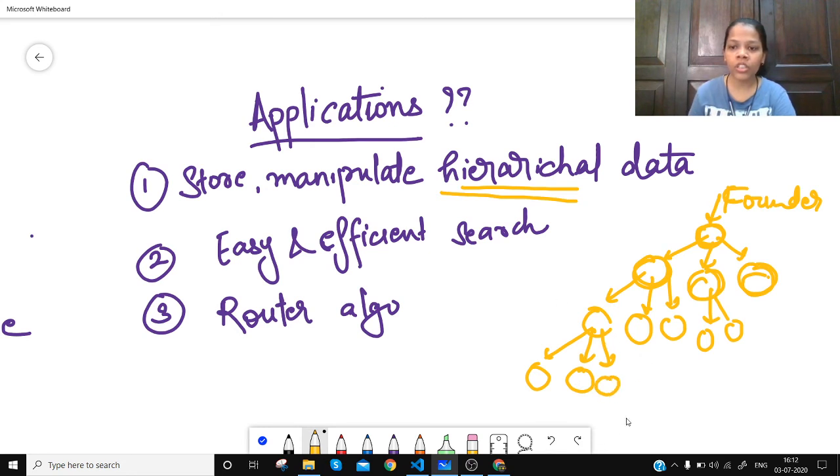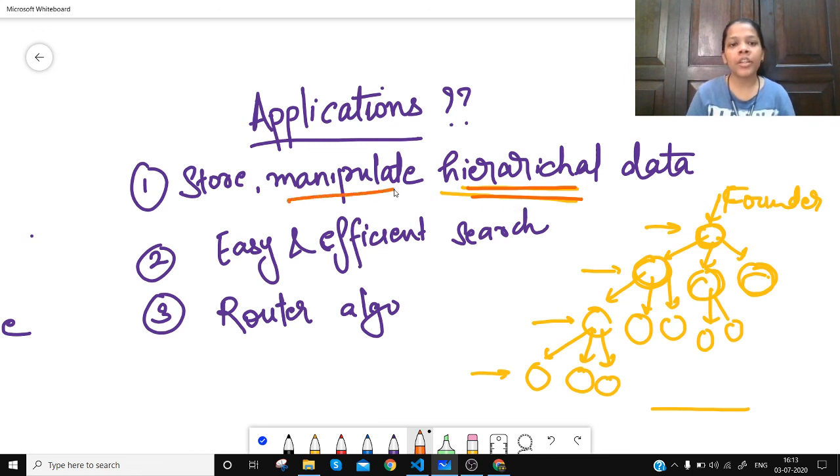So this is a hierarchical data structure where we have a superior power, and the power is divided amongst different people.